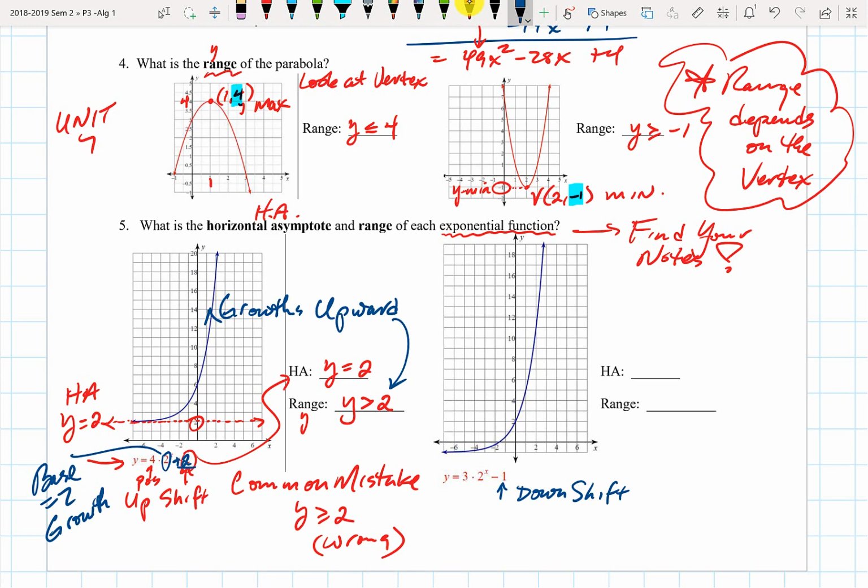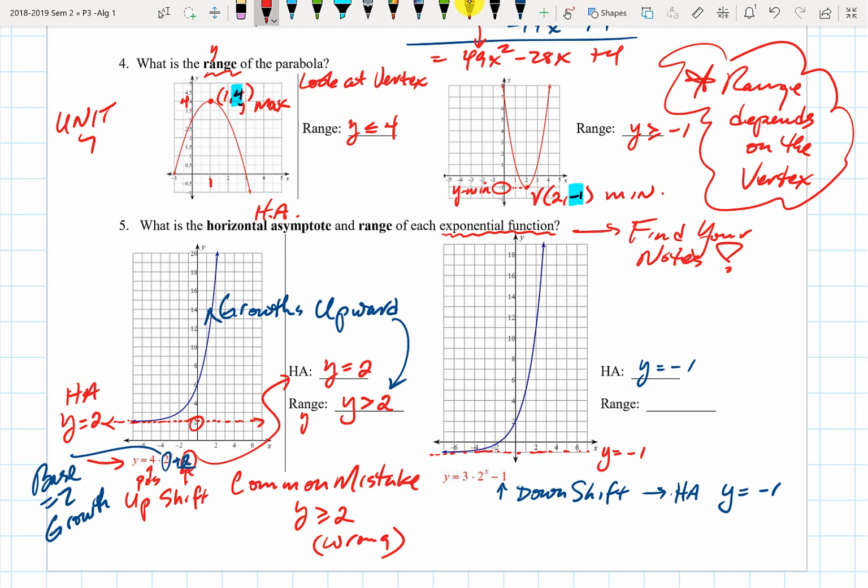And so automatically, I know that the horizontal asymptote is at -1. Okay, that tells me that the horizontal asymptote y is at -1. Let's draw it in. Okay, it's right here. Okay, so y equals